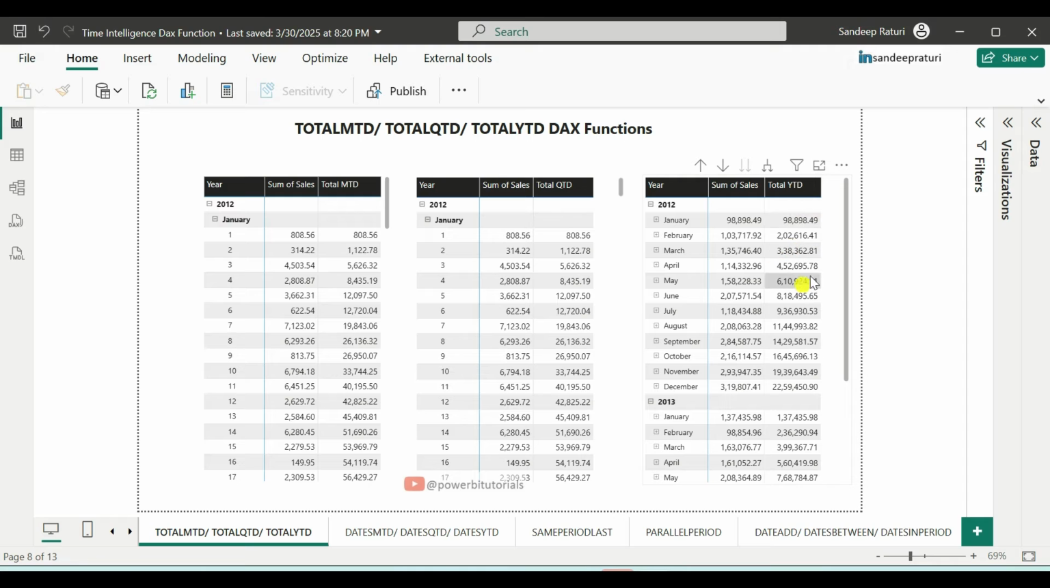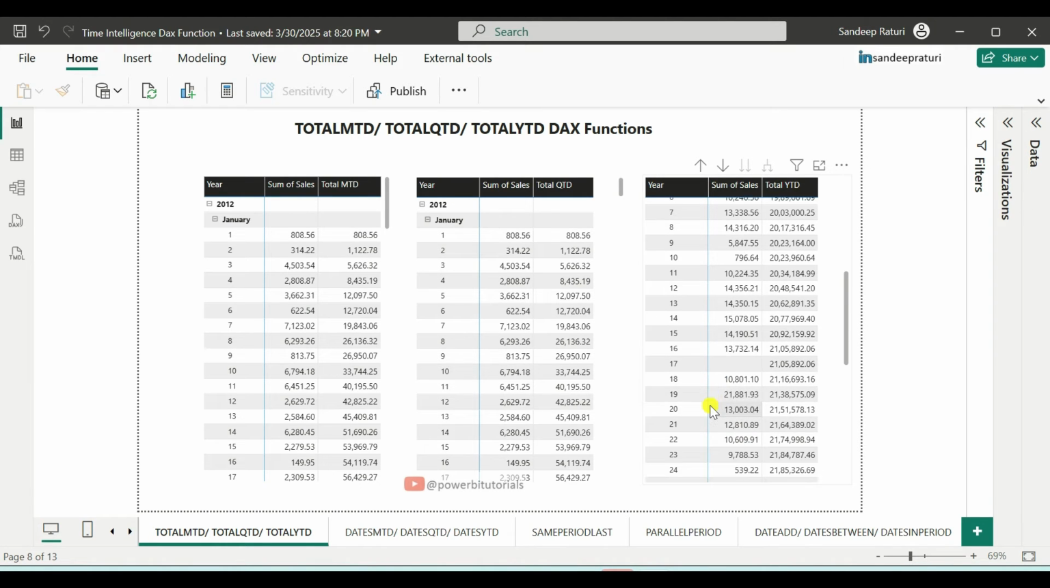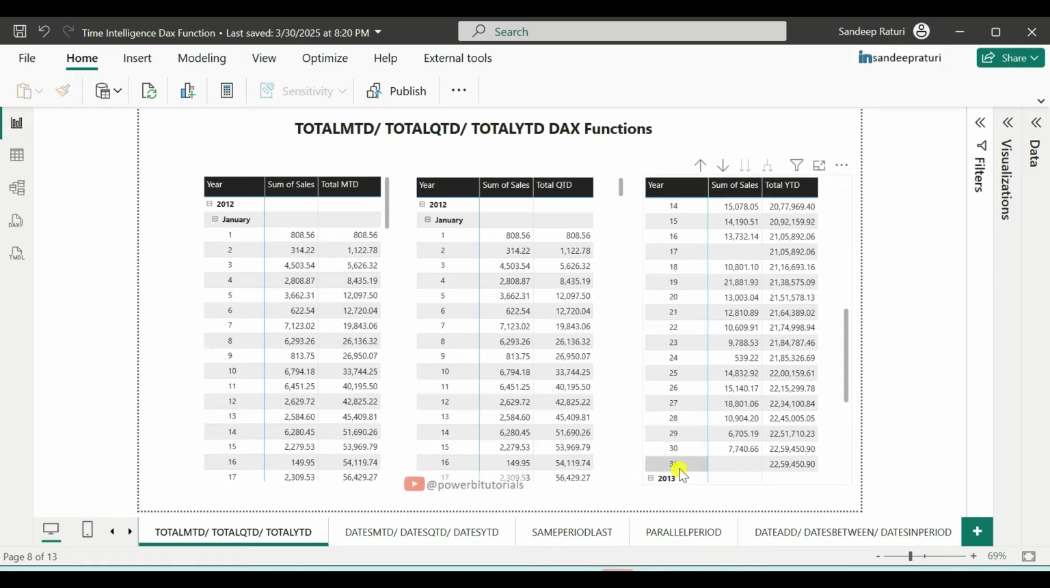Now let's understand working of total YTD DAX function. It is similar to total MTD and total QTD. The only difference, it calculates the total from the start of the year to the current date. So now let's understand this. So here you can see that in the year 2012 we have 12 months, and if you expand the December month, which is last month in the year 2012, and if you see the sales of 31st December 2012, so